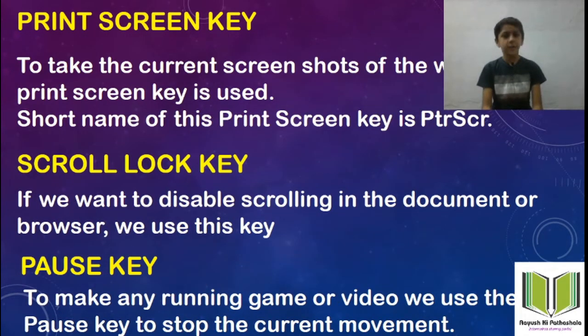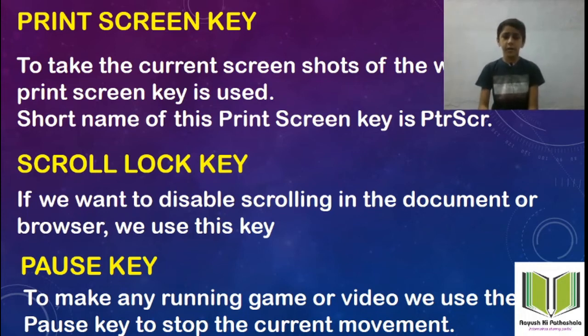Print screen key. To take a screenshot of the current window, print screen key is used. Short name of this print screen is PrtScr. Scroll lock key. If we want to disable scrolling in the document or browser, we use this key. Pause key.